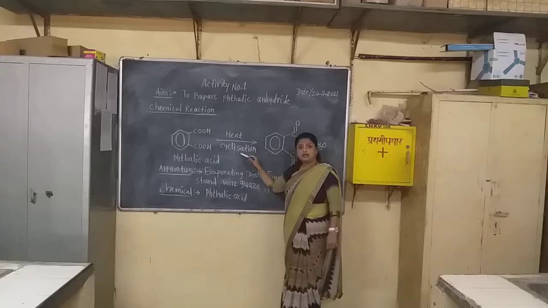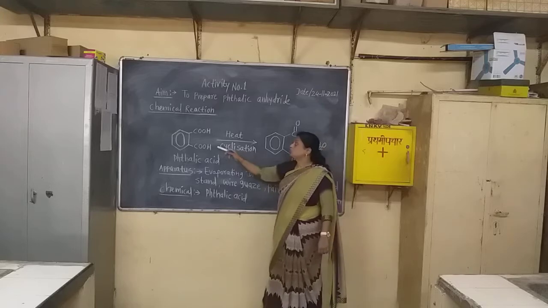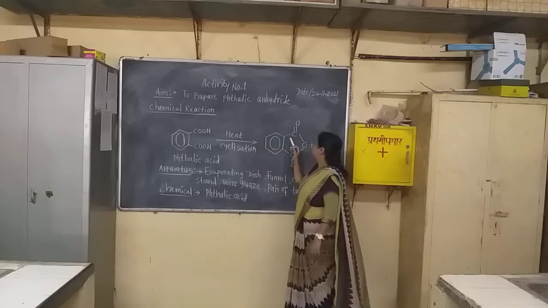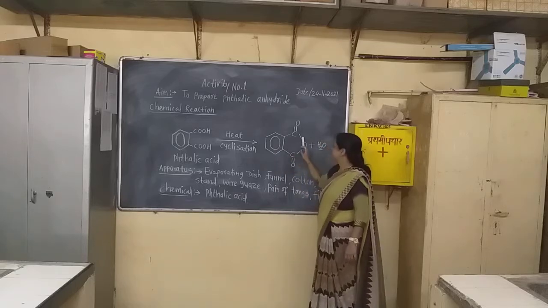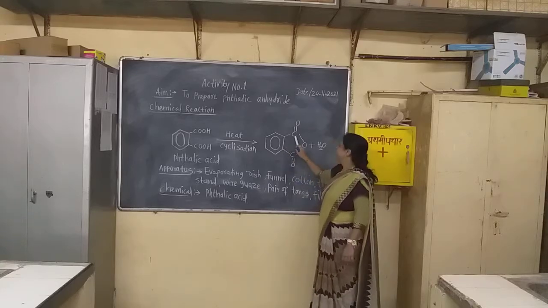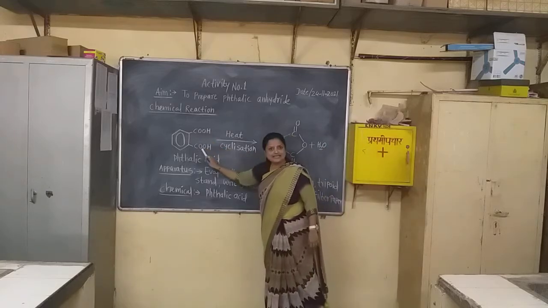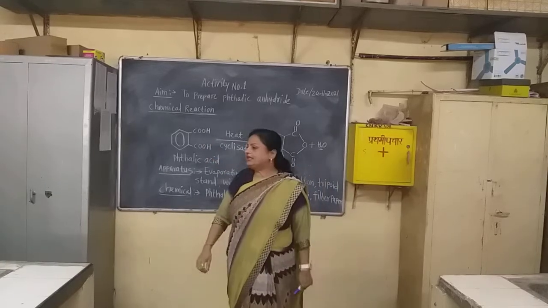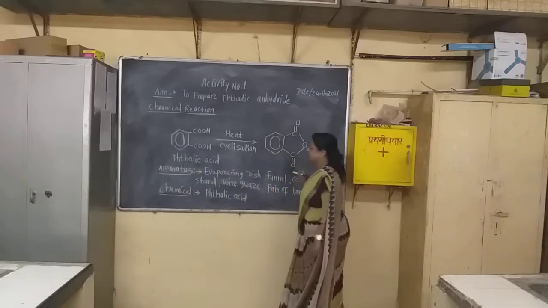Now when we heat it, there is the cyclization process. These two carboxylic acid groups get cyclized, and there is formation of a 5-membered ring which gets attached to this benzene ring. Now see, this is the 5-membered ring. Two carbons of it are from this benzene ring, and these two, the ketonic groups, are from the carboxylic acid groups. This CO, and only the water gets removed here. Only the water gets removed, and so the name is phthalic anhydride.